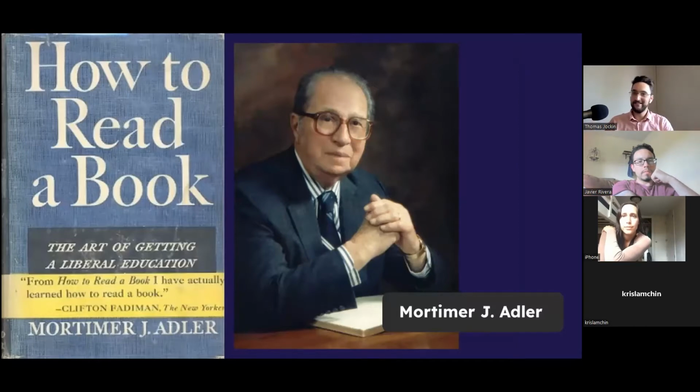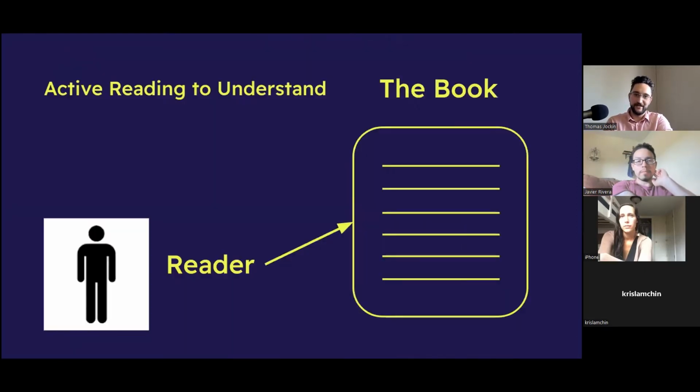He was commenting in the 1950s that children, our students, were failing to read. They don't know how to read. So this is not a new issue. Fundamentally, it's what I just said: this idea of advanced literacy, of being able to do inferential reasoning, of insight, that is lacking. What he's getting at is the idea of active reading to understand a text versus passive reading.